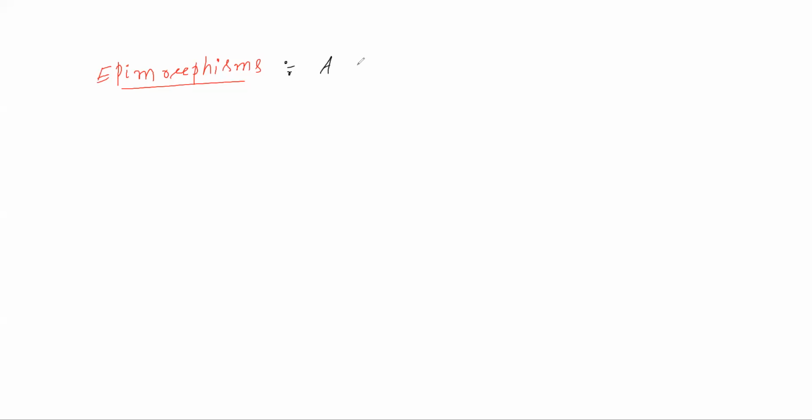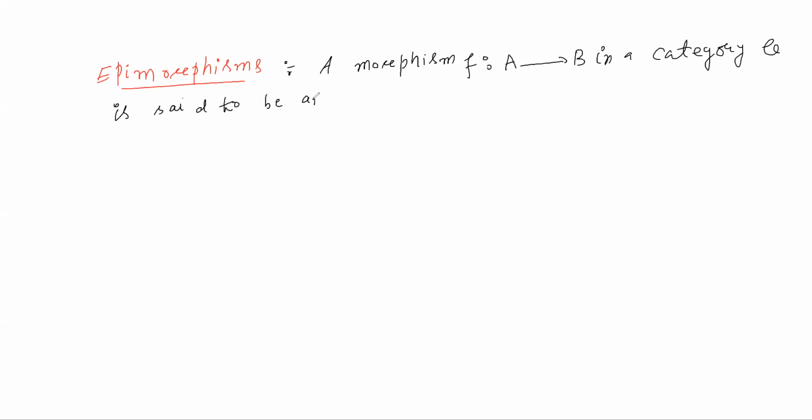a morphism F from A to B in a category C is said to be an epimorphism provided that